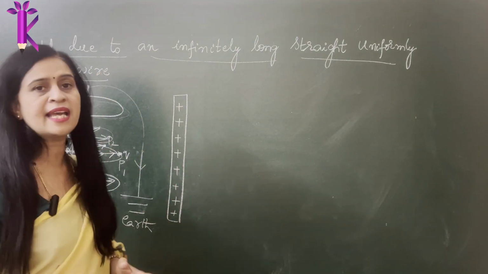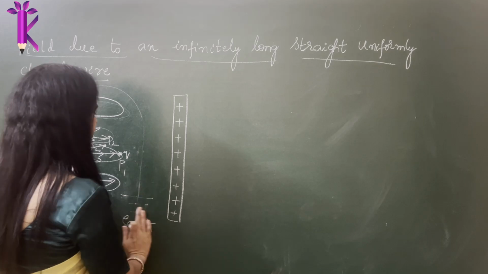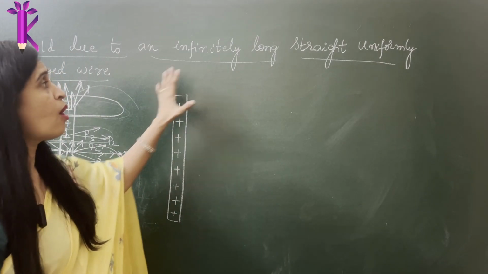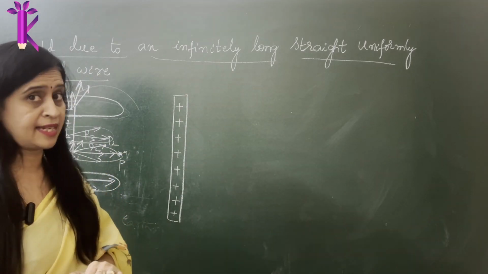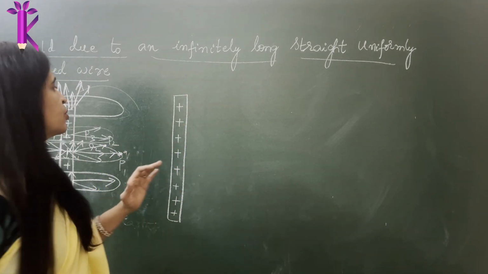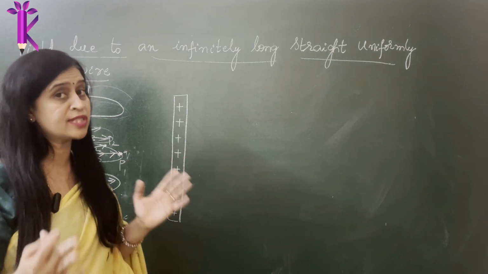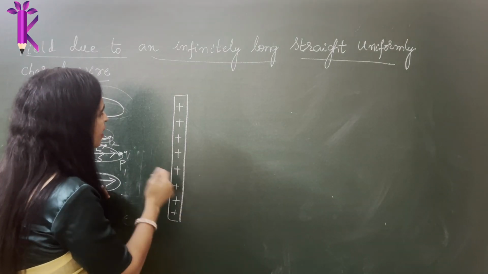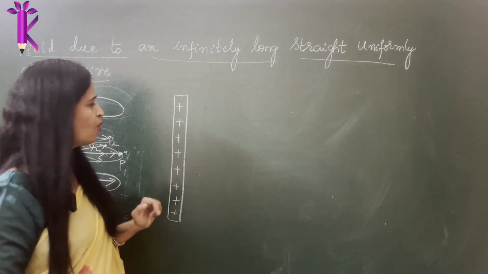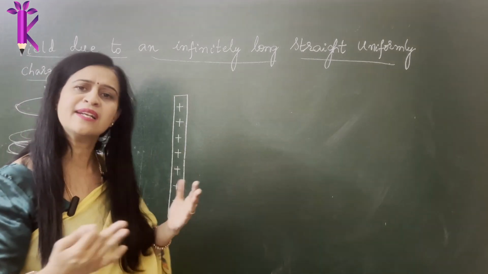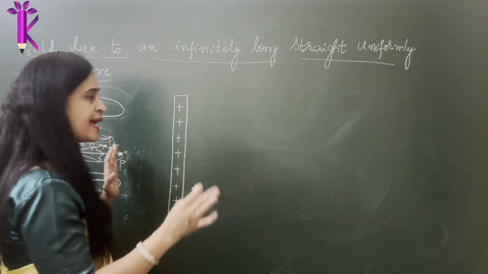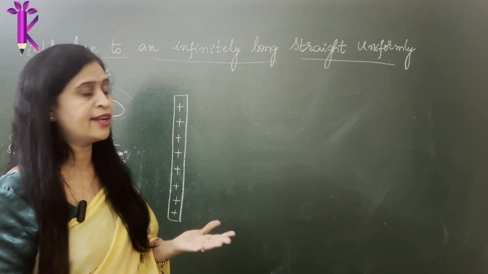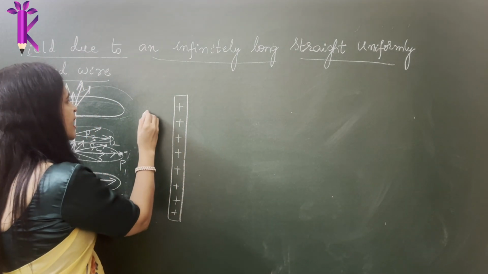Now, if you have to arrive at the expression for the electric field due to this infinitely long wire, we are using Gauss law and also Coulomb's law to arrive at that expression. How do we club them together? Obviously, if you are using Gauss law, you will have to imagine a Gaussian surface. So should I imagine a sphere around each of these and calculate? No. What shape does this wire look like? It looks like it is in the shape of a cylinder. So the best symmetrical shape we can assume here is a cylinder. We also know the surface area of a cylinder. So let's assume a cylinder.